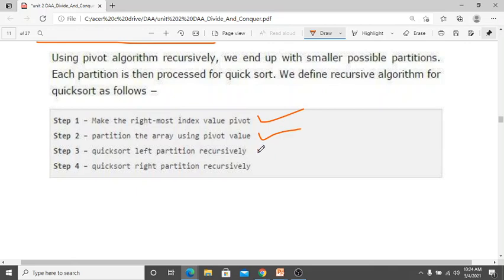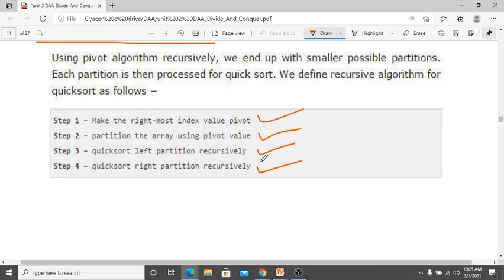Then quicksort the left partition recursively. Whatever the left side is, you need to partition it recursively, and quicksort the right partition recursively by itself. First we need to make a pivot, then using the pivot make a partition.